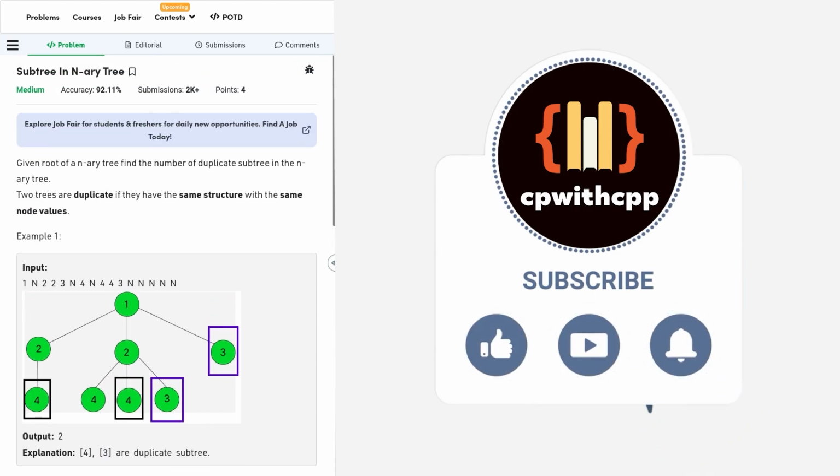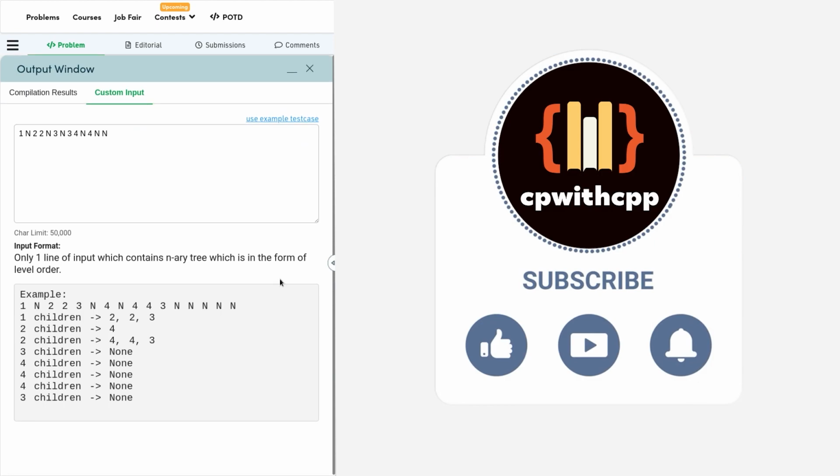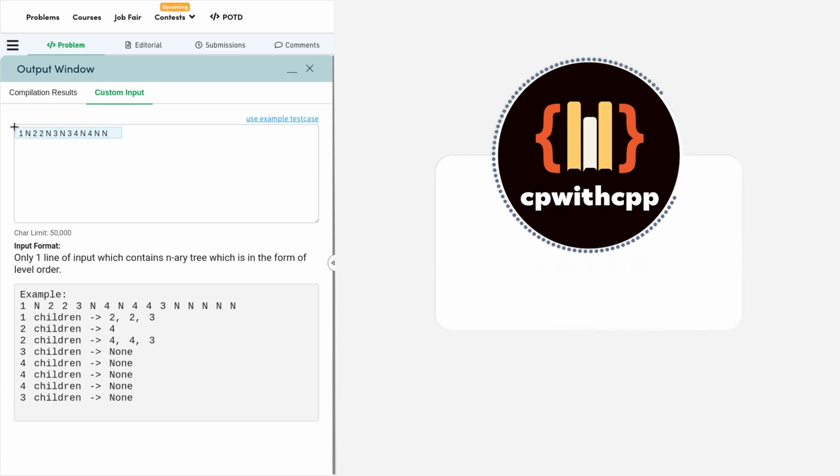Now let us discuss this particular test case that I was trying to say. So I'll just copy it, right? So this is the test case. This is the way that the sample input will be given. The first node is 1, the second node is 2, the third node is 2, and then we have 3 here, and then we have 3 and 4 here, and then we have 4 here,